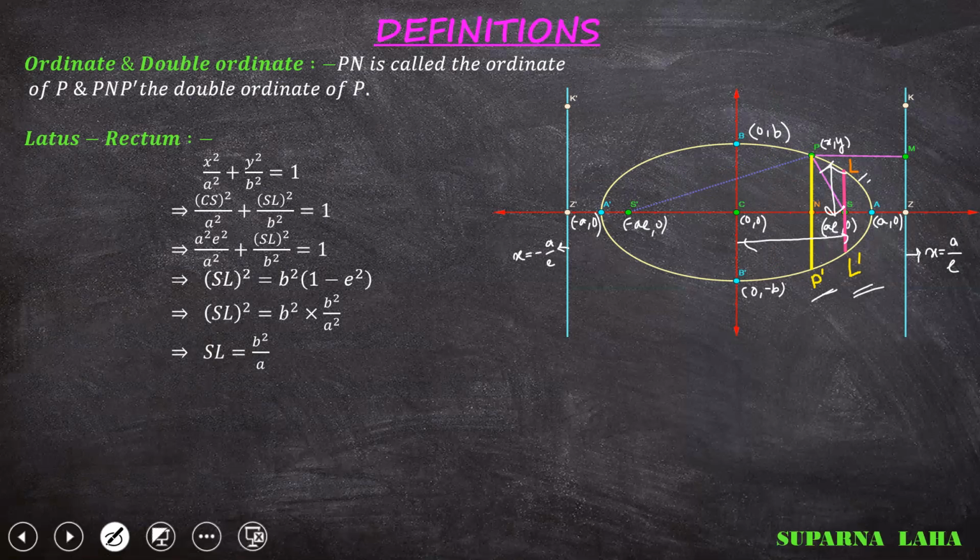Now we need to find the length of the latus rectum, that is LL dash. LL dash is 2 into SL. So this is 2b square by a. So the length of the latus rectum for the ellipse is 2b square by a. So this is the equation and the details about the equation whose major axis is the x-axis, center at the origin, and the minor axis is the y-axis. So these are the coordinates of the foci, vertices, center, the length of the latus rectum, and the equation of the directrices.